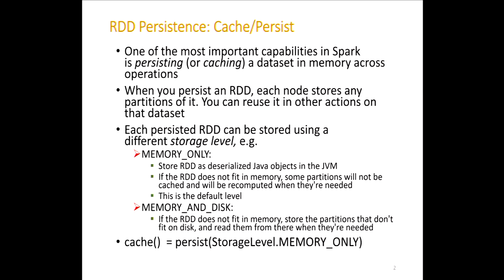But in some cases you need an intermediate result or an RDD that you are going to use again, so there is multiple use for this RDD. Rather than writing it on disk or repeating the operations, where you read the original RDD and then perform multiple transformations to reach that intermediate RDD,